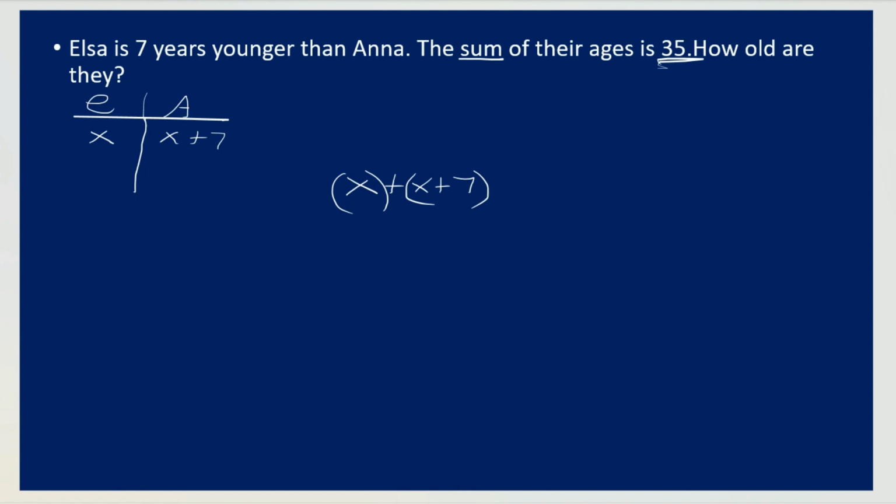First step is that we want to take out these parentheses. So just X plus 7. And now here's the sum of their ages, 35, so we can say equals 35. Now that means 2X plus 7 equals 35. 2X equals